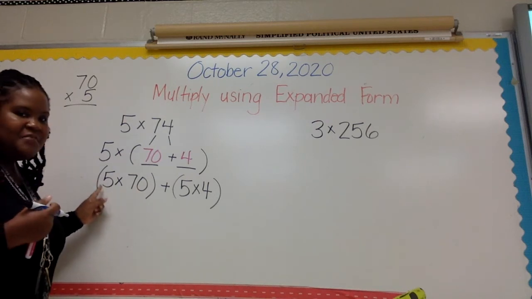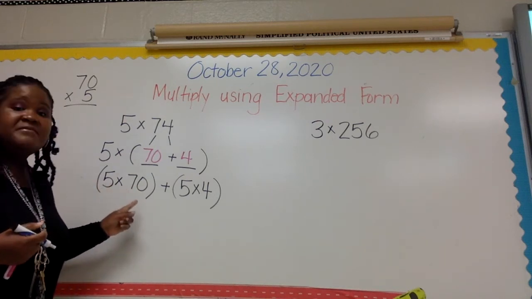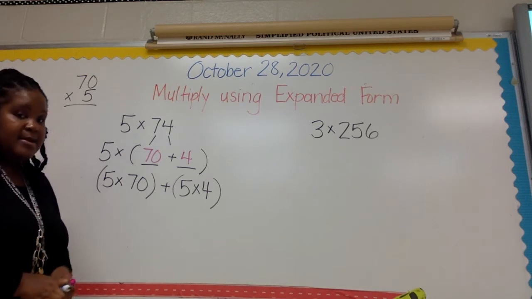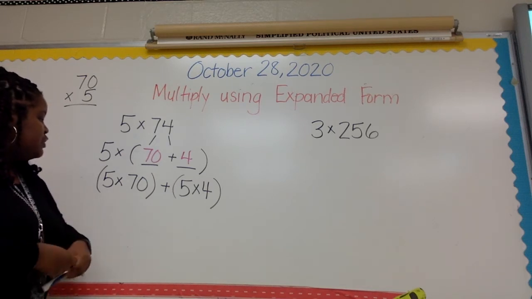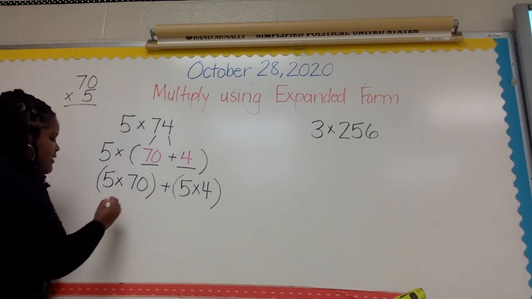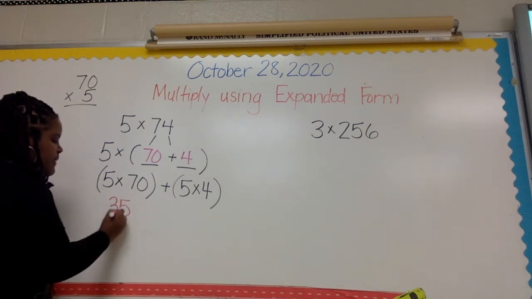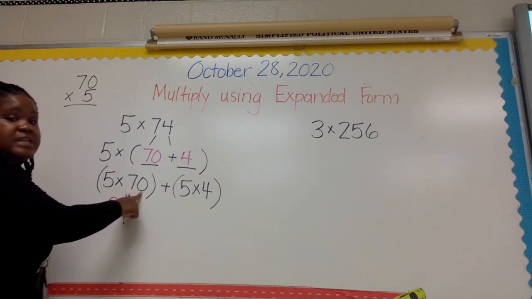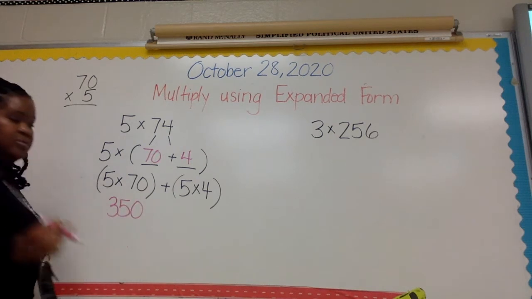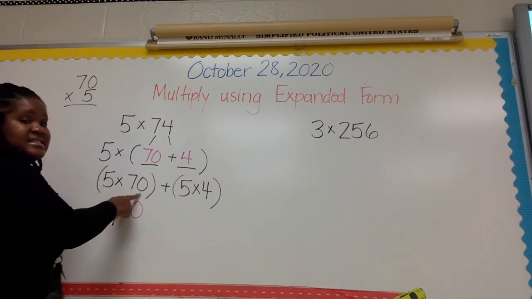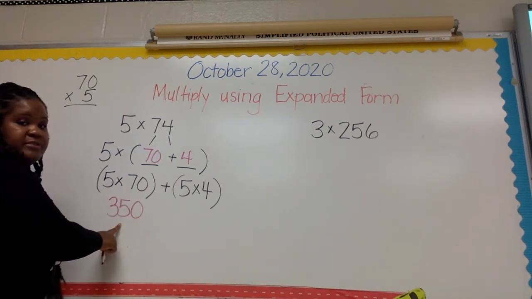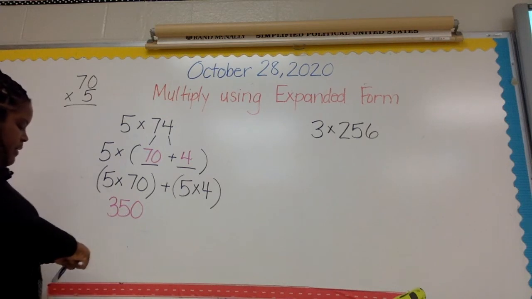So I know that 5 times 7 is 35. Okay? I know that 5 times 7 is 35. So I'm going to write 35. And I notice that I only have one zero, so I'm going to bring that zero down. So I know that 5 times 70 is 350. Okay? Plus,